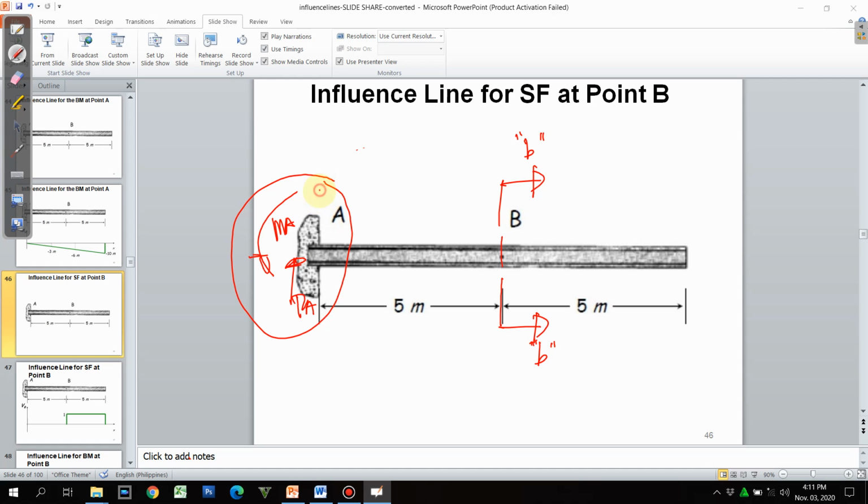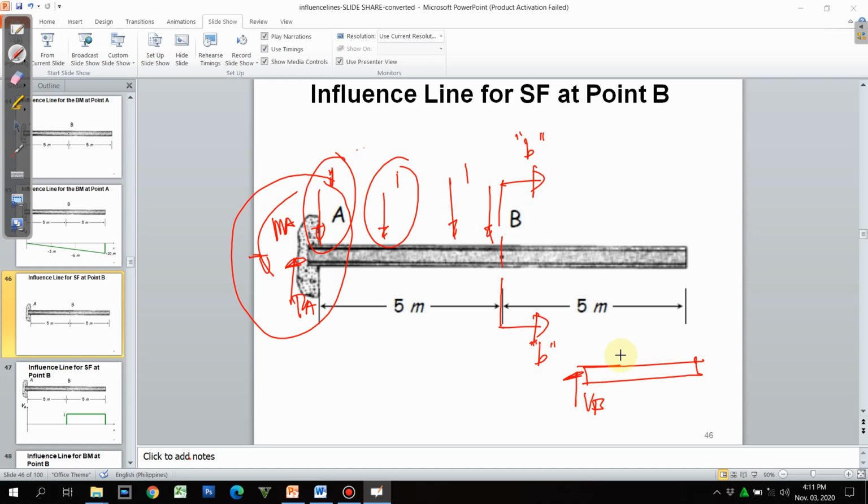So if your 1 is placed anywhere along AB, placing it here, placing it there, as long as it is just left of B, then you can see here, say this is shear force B, 1 is just left of B, therefore there will be no loading at this segment. So therefore shear is equal to 0